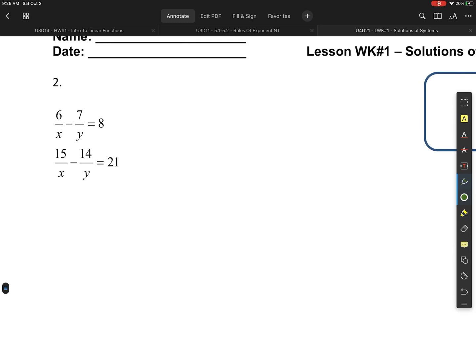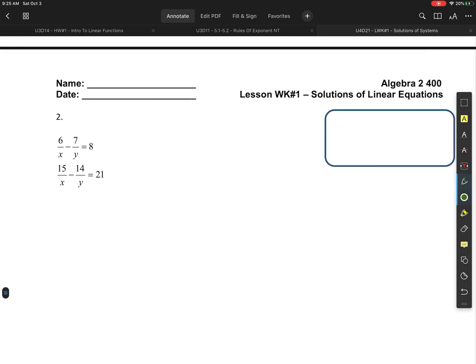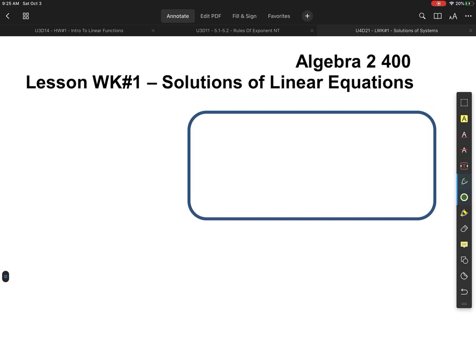All right, problem 2. Fractions. Listen, you can work this system exactly the way you see it. But why do you want to work with fractions if we don't have to? What is my trick? Let